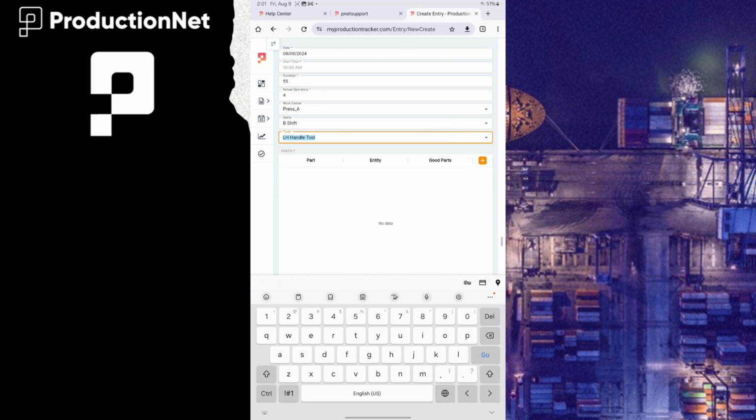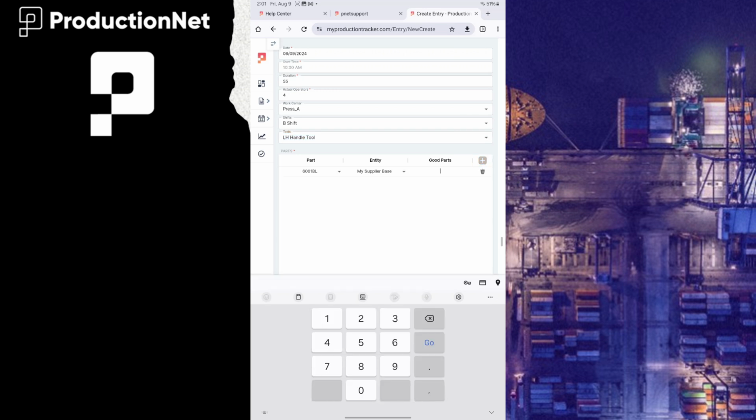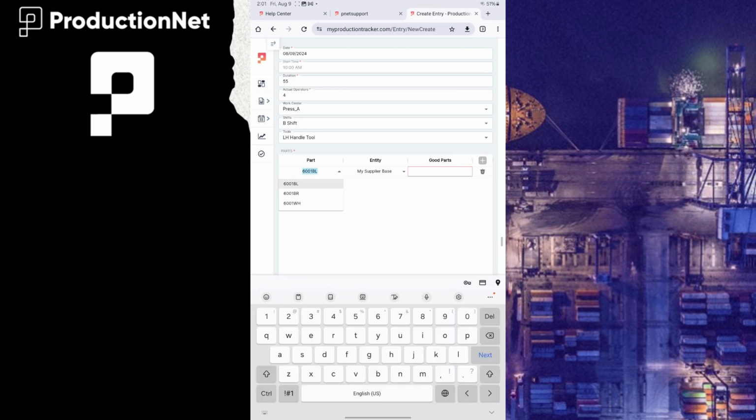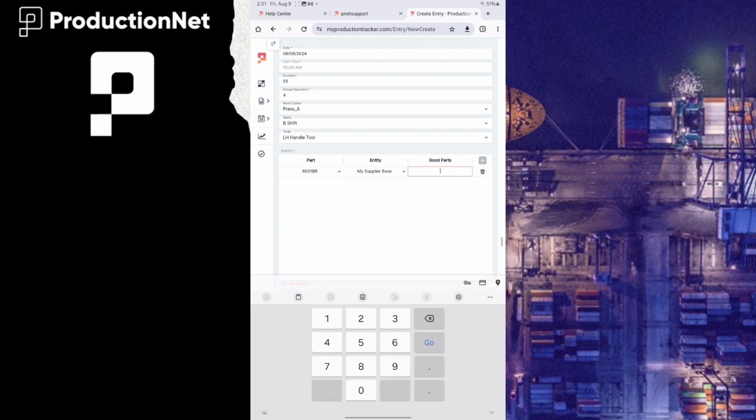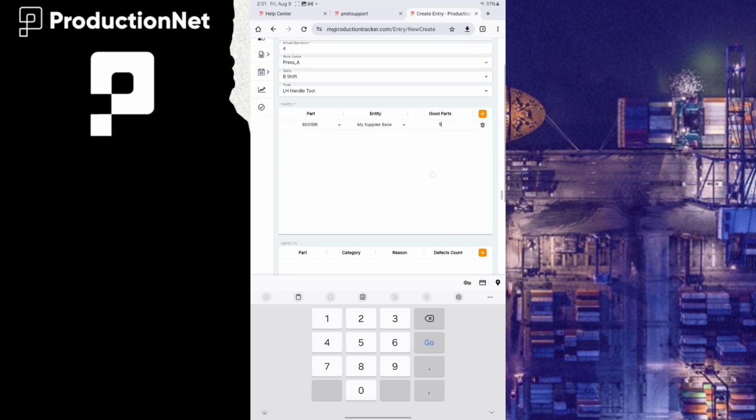By tapping on the plus icon, you can add good parts. Make sure that the part number is selected accordingly. And just add the good parts by pressing on the number pad. Scrolling up,